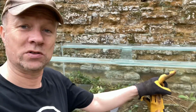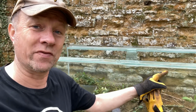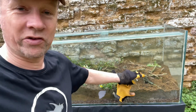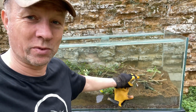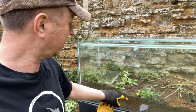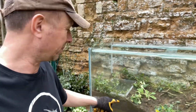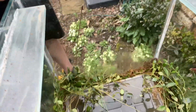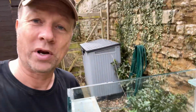Keep watching. Now, because of the height, although we've got to make it escape-proof anyway, we're taking up quite a bit here. It doesn't have to be a hibernaculum, but I want this deep space they can get away from stuff if need be. Heat, cold, that kind of thing. We're in England, it varies a lot. We've got water area in here, plants in there,